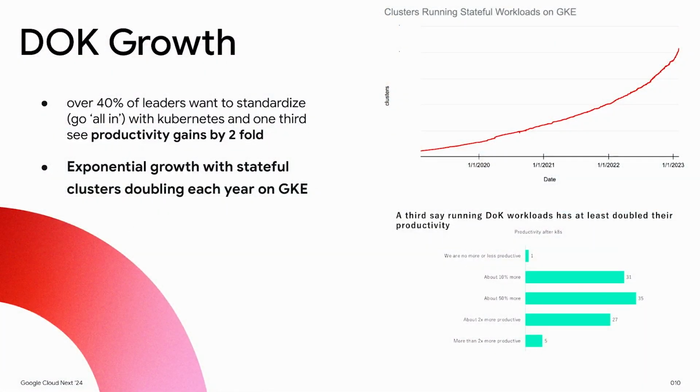And then what we've seen is the proof's in the pudding: the investments are bearing fruit. We've seen two data points here, one qualitative and one quantitative. The qualitative data is actually more interesting to me. There's a Data on Kubernetes community, which is adjacent to the CNCF, and they ran a survey with the CNCF community. Over 40% of leaders said, we're not only running data applications on Kubernetes, but we're also being more productive. Our productivity has improved twofold.